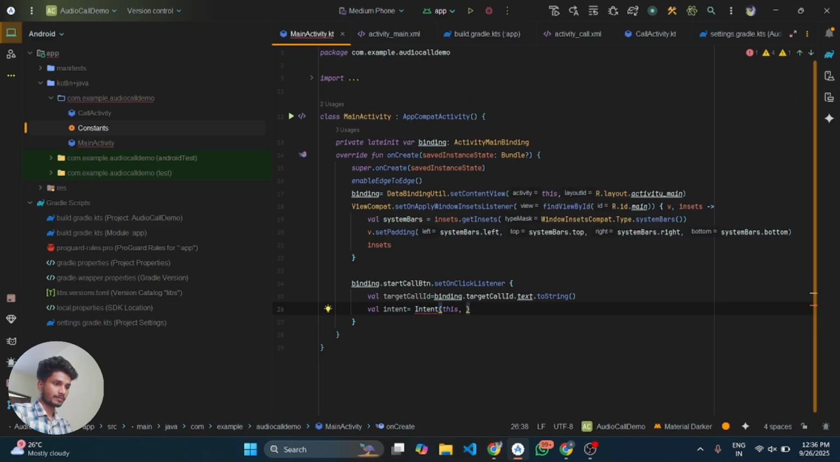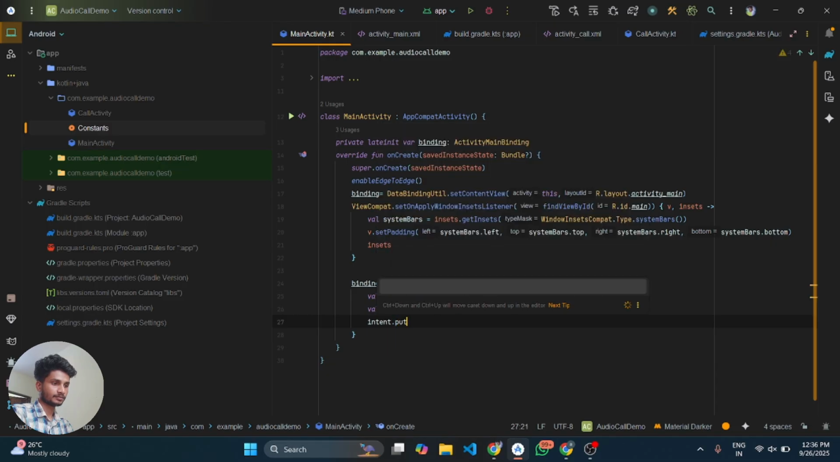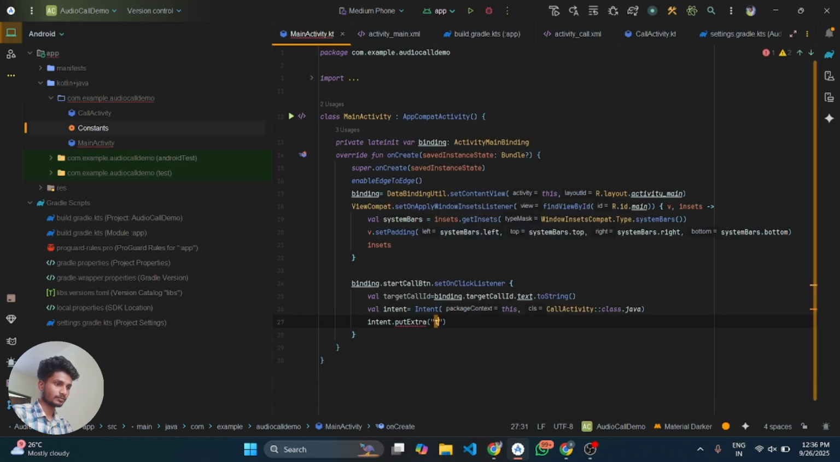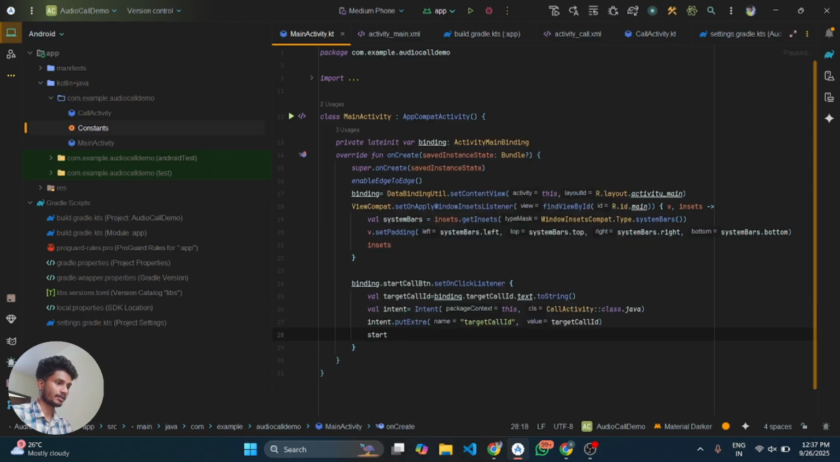This, and we are going to call activity. Now we are going to pass this target call ID. Put extra, target call ID to the call activity. Now that's it, and let's start the activity. Let's start the intent,